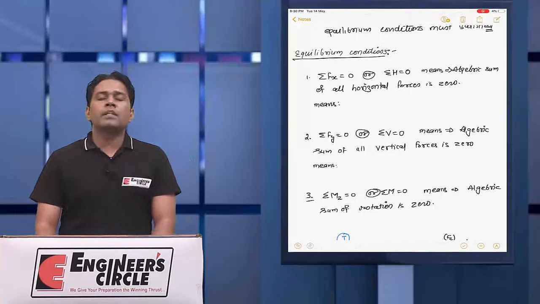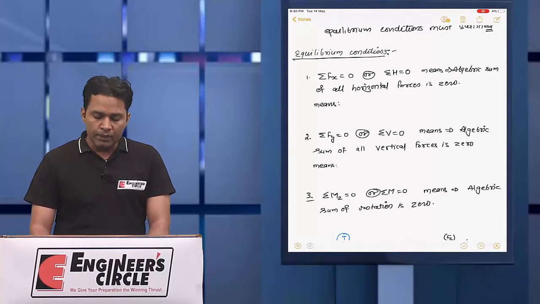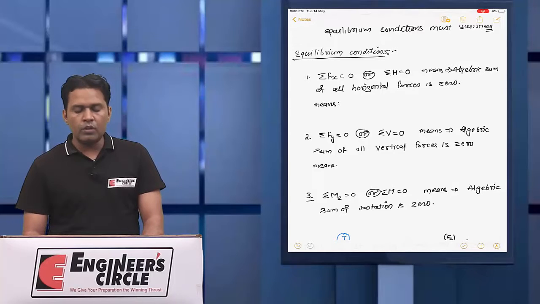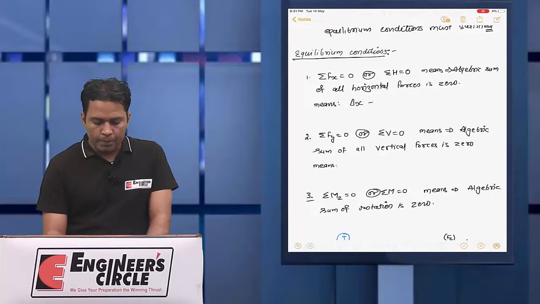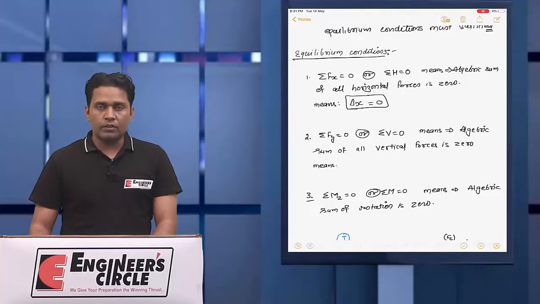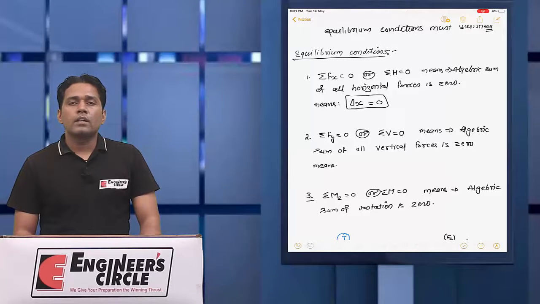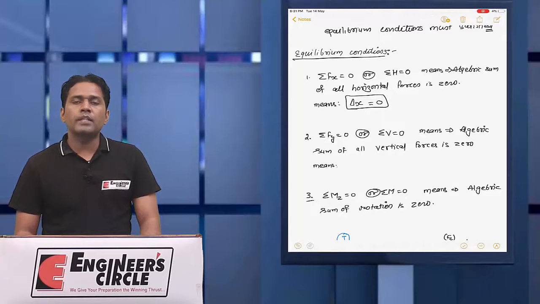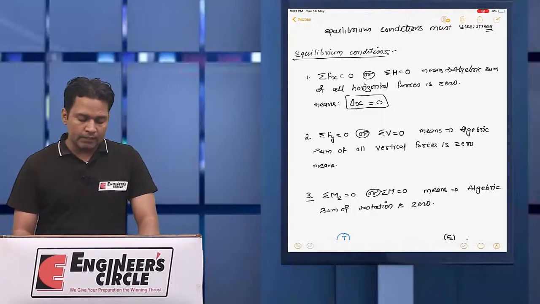There are three equilibrium conditions. First, summation Fx equal to 0, or summation H equal to 0, meaning the algebraic sum of all horizontal forces is 0, or the deformation in the x direction must be 0. The resultant of the horizontal forces must be zero, so the structure stays in its position. That is, the deformation due to all the loads must be 0 in the x direction.